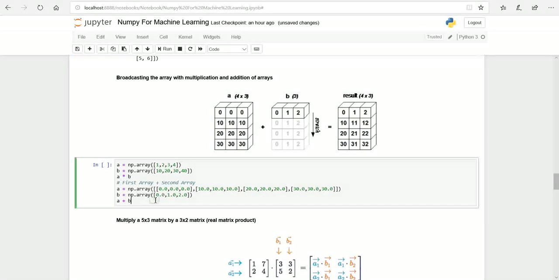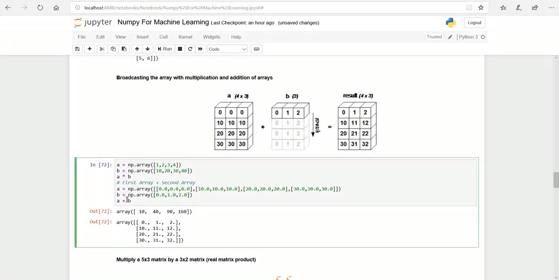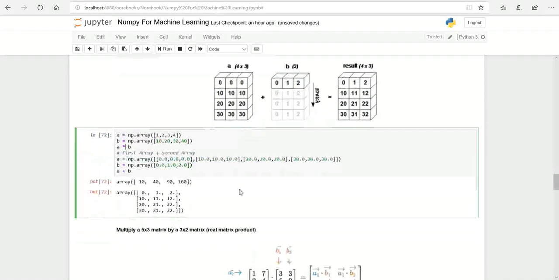You can do all types of mathematical operations on these matrices. We can multiply, add, subtract, divide, etc. However, you can see for multiplication, the array size should be the same. But for addition, we can match only the columns and NumPy will broadcast that vector to create a similar size array for the addition.